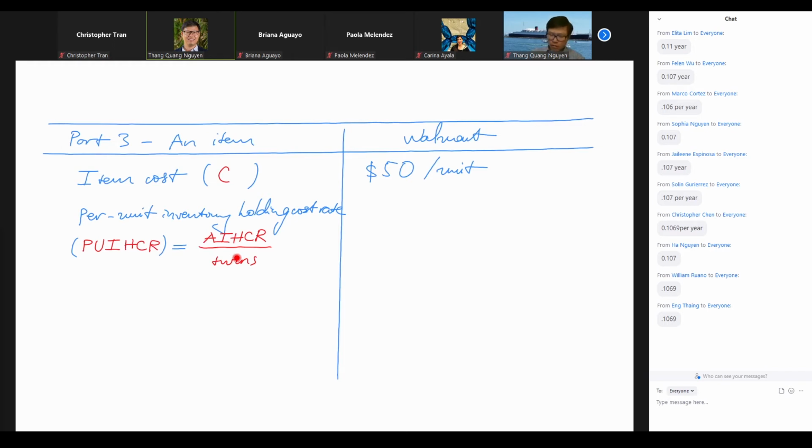So I would like you to try it and share your answers in the chat window, because it involves some percentages. So you should try it, because sometimes the percentages will make it confusing in our calculation. So the equation here says that we take 30% divided by